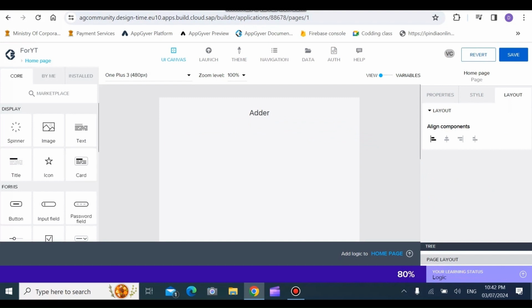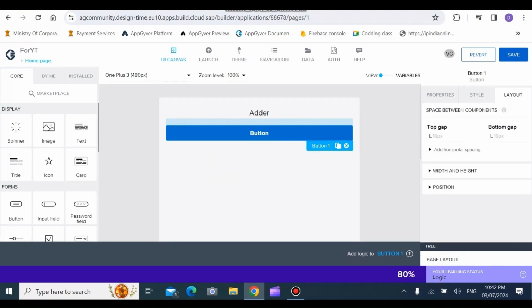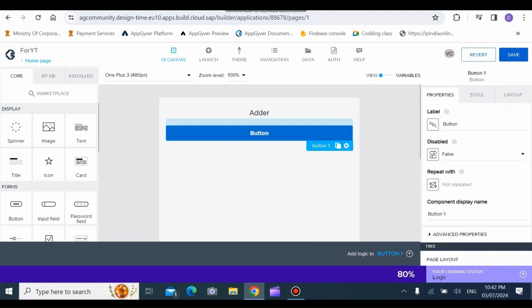Next is our button. Buttons are basically your input, like, it helps you make a user interface, like GUI, right? Graphical user interface. It helps us to make interfaces, and we can also do much more with it. So button properties are disabled. You're going to be looking into disabled. Disabled means if it can be disabled, so when the user is there, if he is allowed to click it